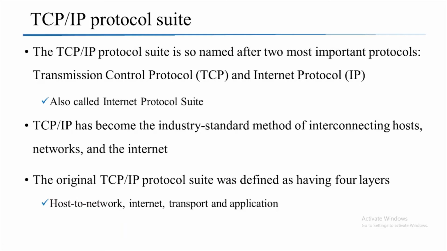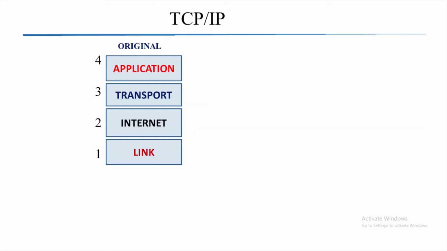So the original TCP/IP protocol suite was defined as having 4 layers, which are application, transport, internet, and link. And just like that of the OSI reference model, it's named bottom up, right? The link is layer 1, internet is layer 2, transport is layer 3, application is layer 4. So this is the original TCP/IP